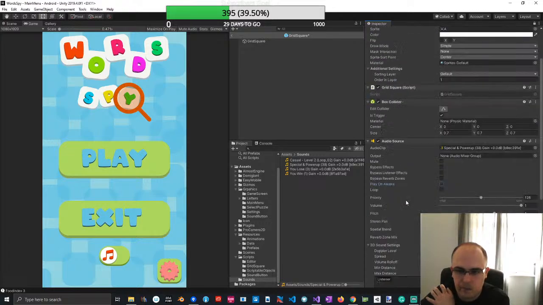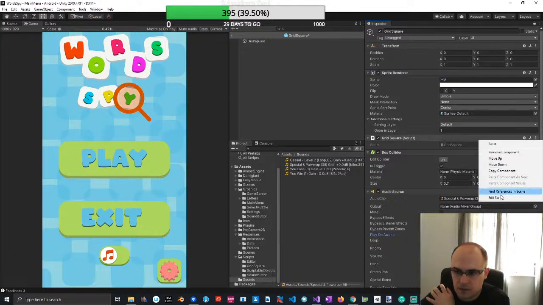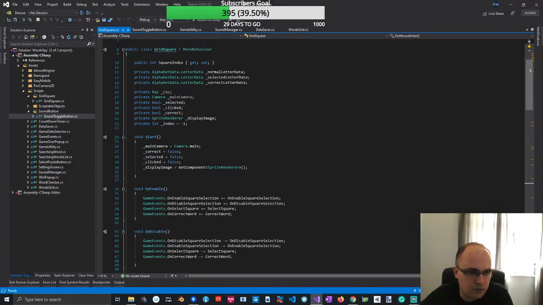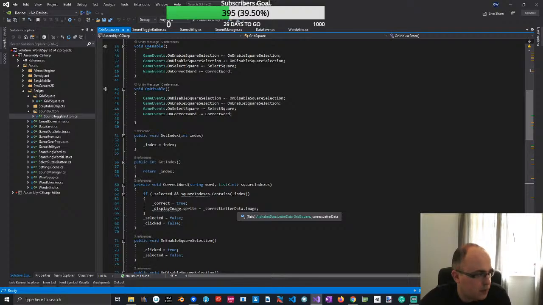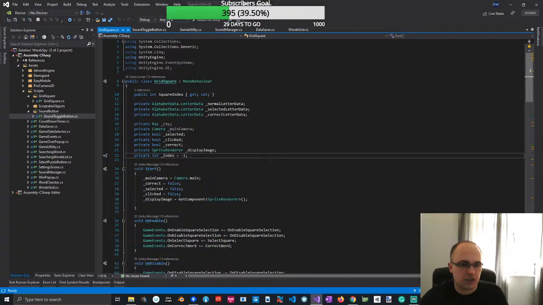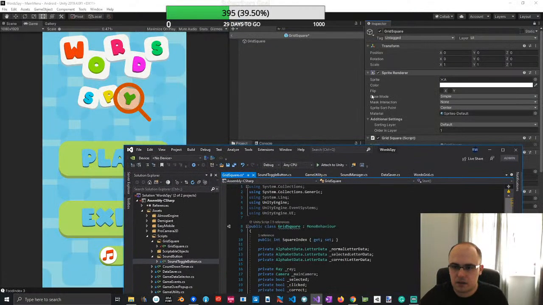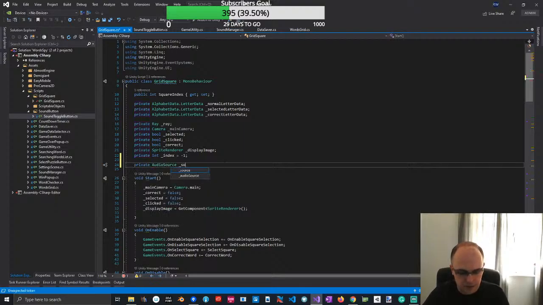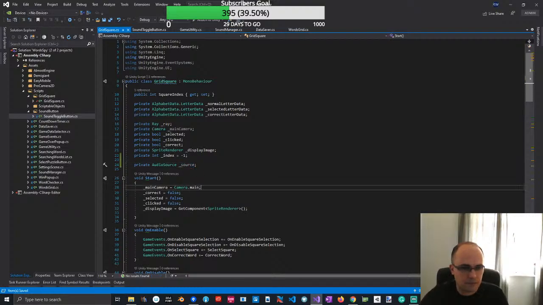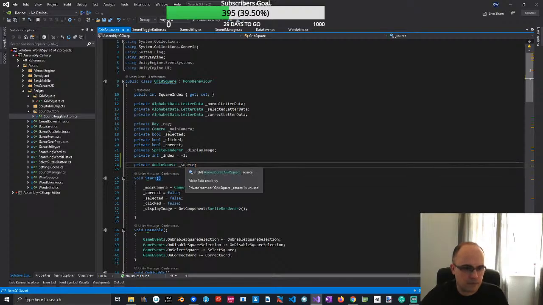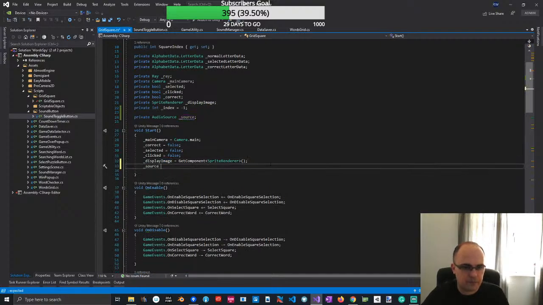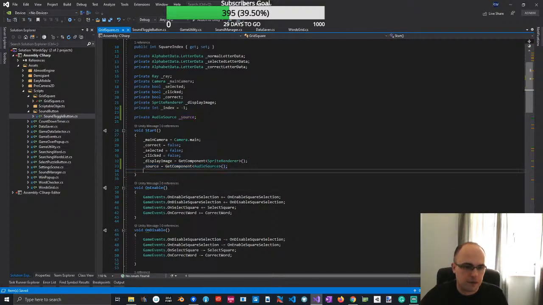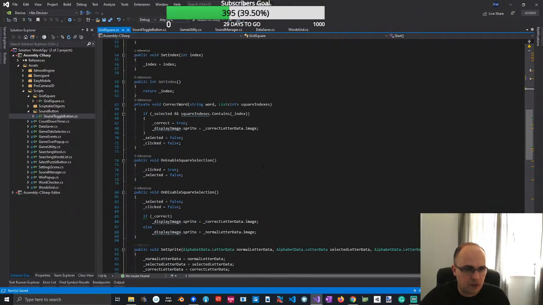Okay, and then let me edit the script. So here I have the function to actually check when we select the grid. So I need to cache the audio source. Yes. Okay, so private AudioSource, and then GetComponent AudioSource. All right. So I'm gonna cache the audio source, and then when we select,